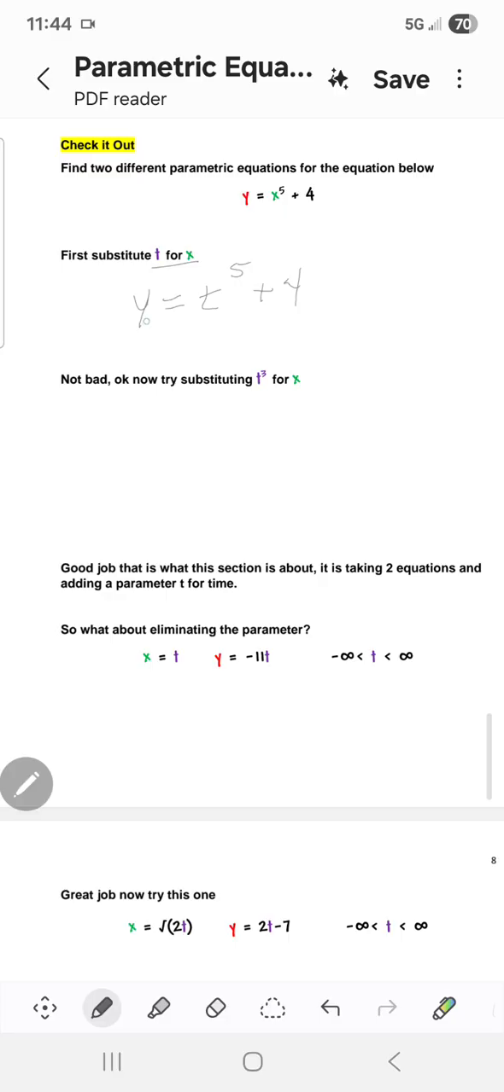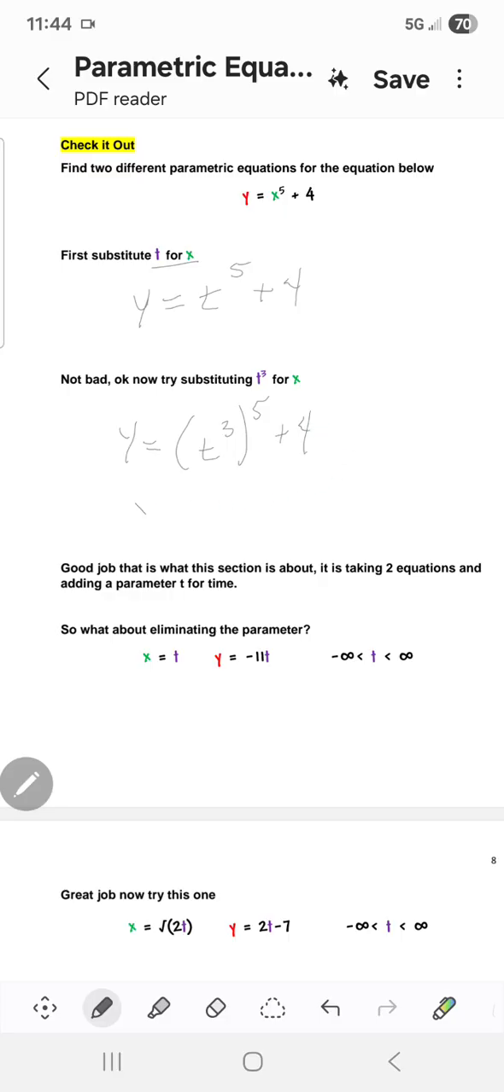All right, so y equals t to the 5th plus 4. Okay, great. That's not bad. Now what are we going to do? It says now try substituting in t to the 3rd for x. Okay, well, let's just do what it says. Y equals t to the 3rd raised to the 5th